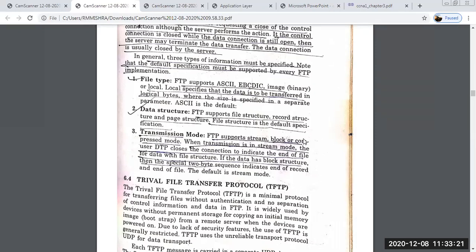Now the second one is the data structure. FTP supports file structure, record structure, and page structure. So file structure is the default specification. Yes, तीनों support करता है, but the file structure is the default structure. Next one is the transmission mode. So FTP supports stream type of data communication or block type of communication or compressed type of data communication, और सभी को support करता है, but in general it uses stream type of data communication. stream mode को support करता है, मतलब कह सकते हैं default way में।